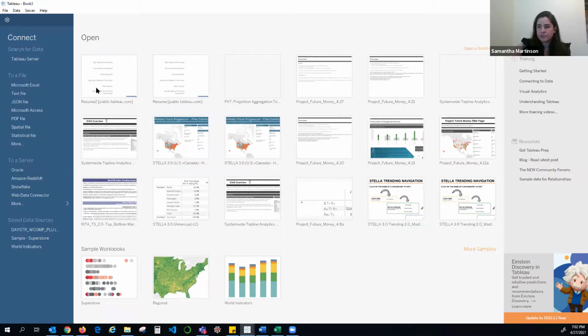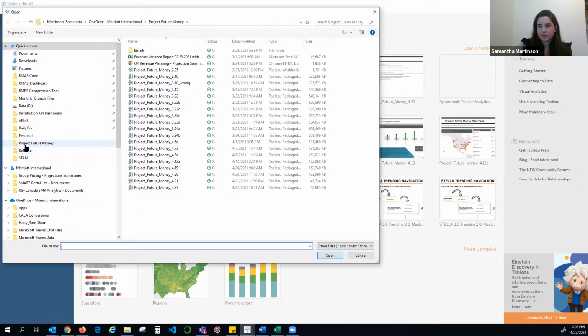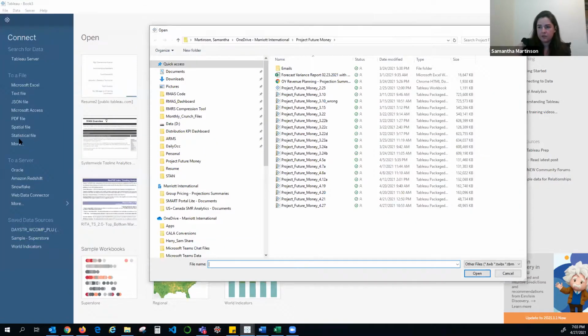So this is the data source page when you first open up a file. And then if I were to say, like, I want to connect to a file and I wanted something that wasn't one of these options, it'll